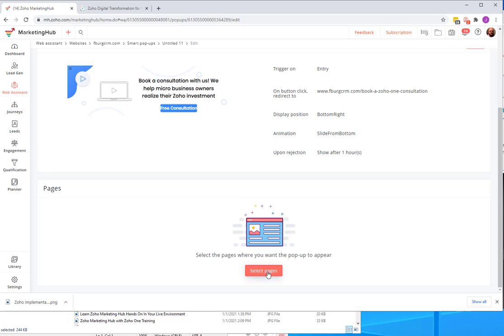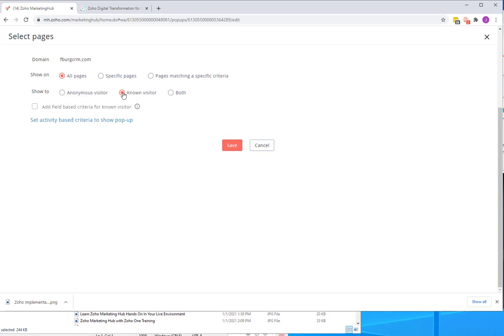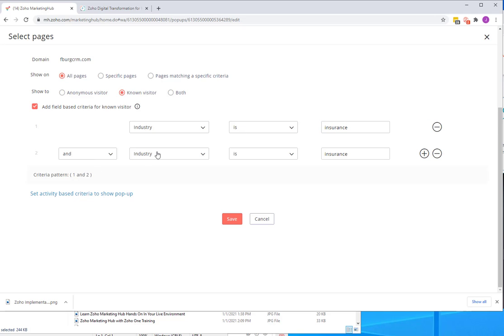Now what we want to do is build this criteria. So we're going to choose select pages. We're going to say all pages. And this is going to be a known visitor. We're going to want to add fields. So we're going to say the known industry is insurance and persona is